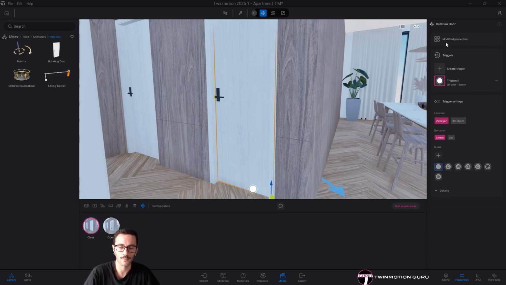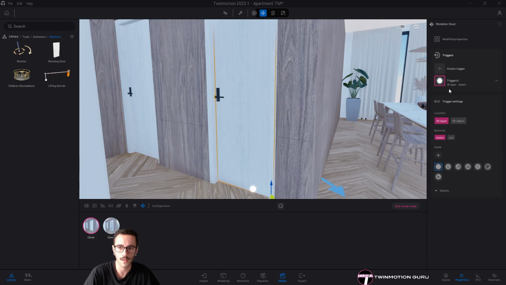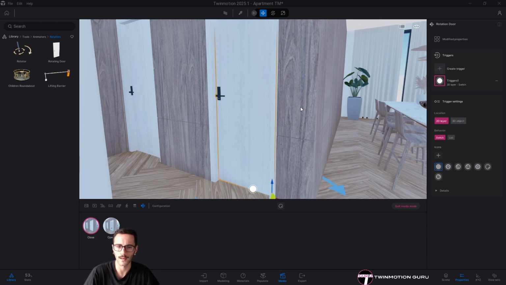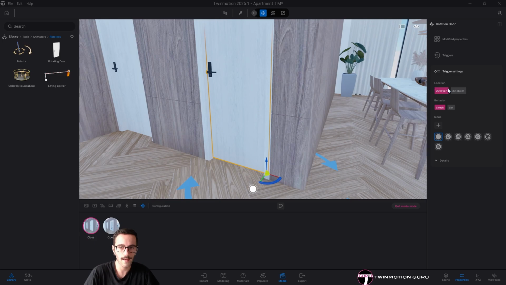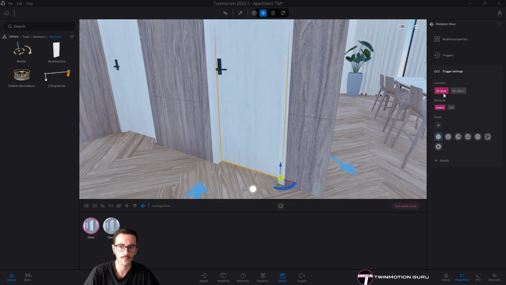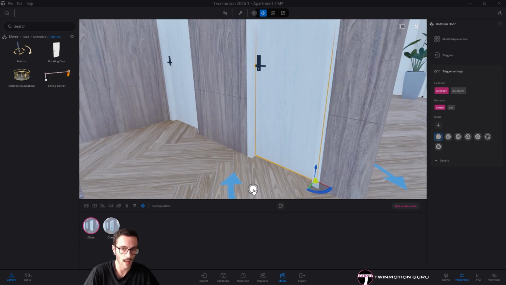Here, the modified properties, of course, are about the configurators. But from here, maybe not from this section, because it will be analyzed in a moment. In particular, with the trigger settings, we can select if our trigger will be a 2D layer or a 3D object. This is the 2D layer, so the configurator will be here inside our screen as a 2D icon.